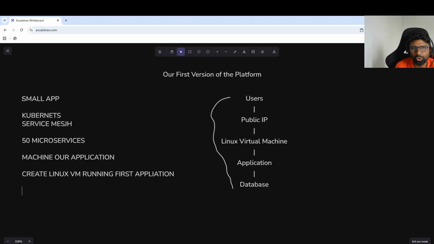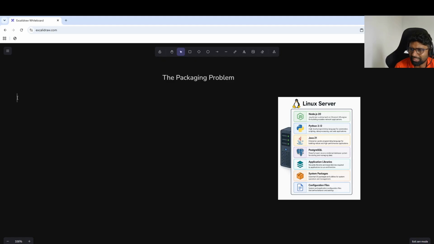But before we do that, we need to solve the application packaging problem. Now, imagine our application contains a front end, a back end, a database. It can be any database, a background worker.